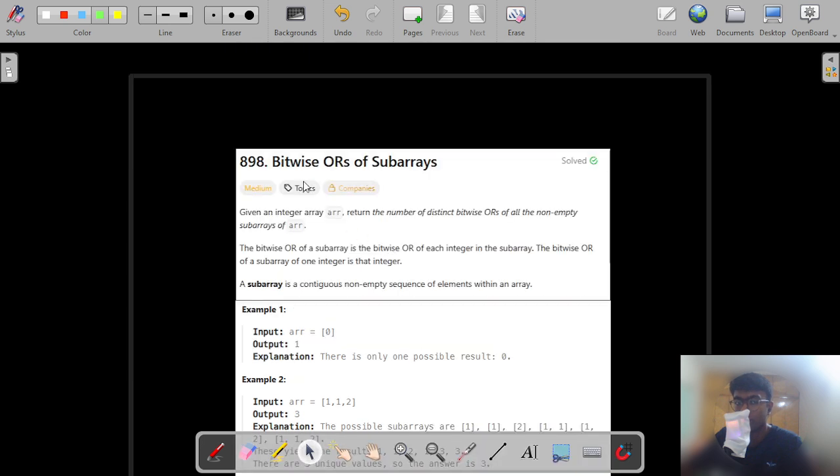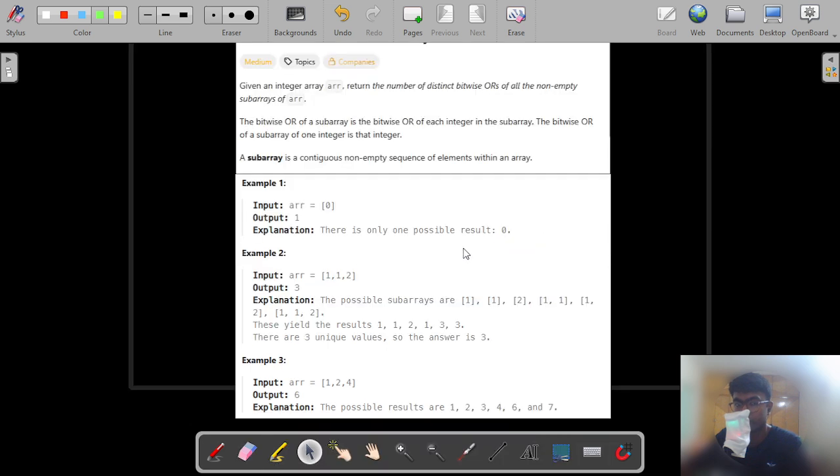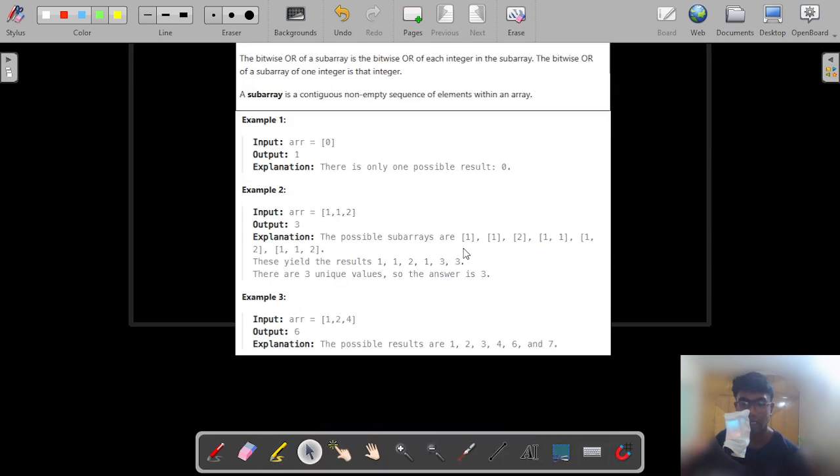So we are returning 1. Let me see. Bitwise OR. We should return the distinct number of bitwise ORs of all non-empty subarrays. So the first thing is we should calculate all the possible subarrays, and we should return the OR of the subarray values combined, and then we need to return only the distinct possible outputs that we can get from all the subarrays,